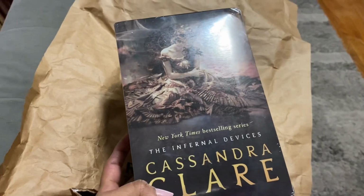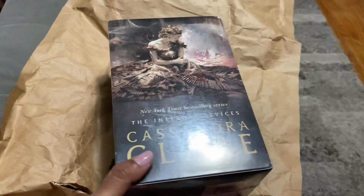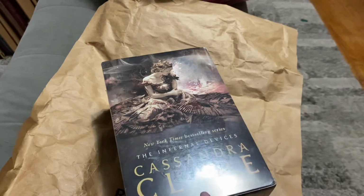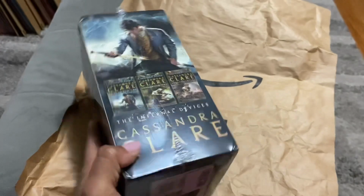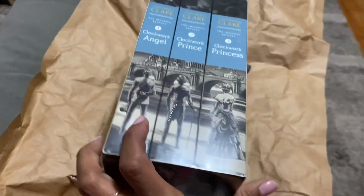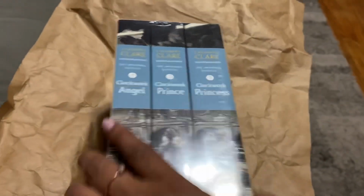I'm so excited, just on time, because I was organizing the books. So these are the Cassandra Clare books that you're supposed to read before we read the Chain of Gold and Chain of Iron. If you watch my previous vlog videos, and even I think it was the one where I'm talking about my book haul, I really want to read those books, but I want to make sure I understand the whole story, the whole saga. And so I got the Infernal series, and so I'm going to be reading these 3 books before I read the Chain of Gold and the Chain of